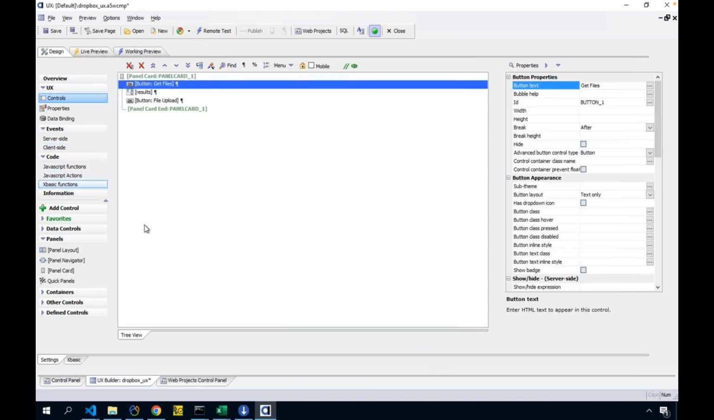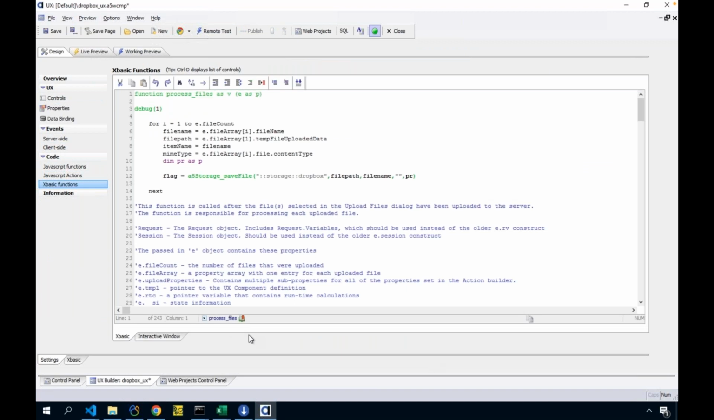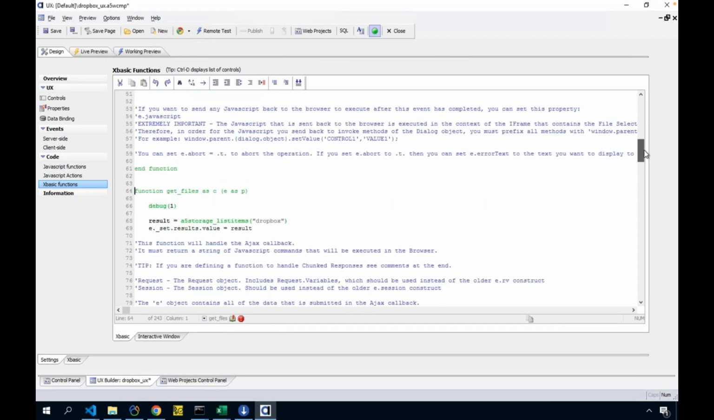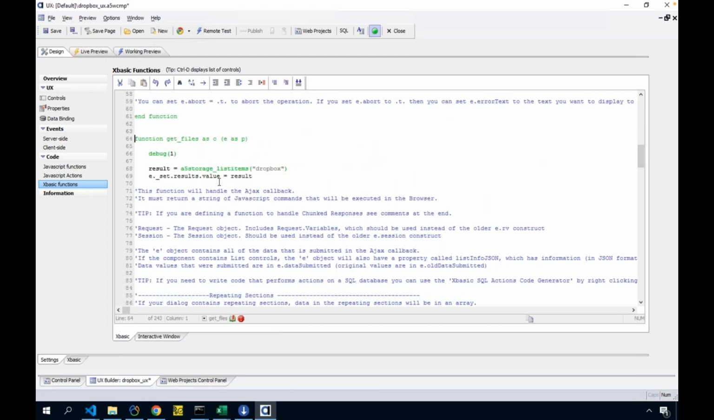So I'll go over here to XBasic functions, and I'm going to go to Get Files. And you can see it's an enormous amount of coding. I mean, all kidding aside, once I understood it, basically this is the little helper function that's built into Alpha. It is one of many, and I'm going to show you that in a moment here. But basically all I have to do is say, hey,